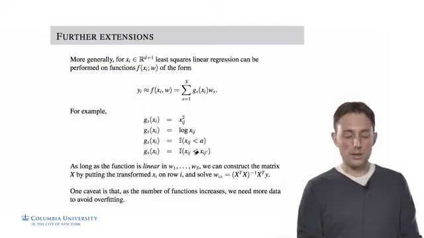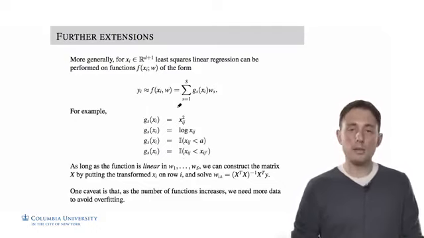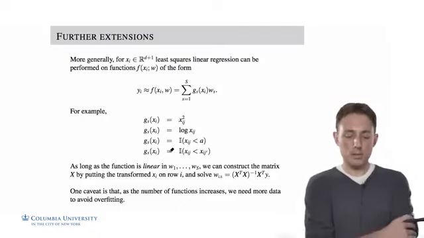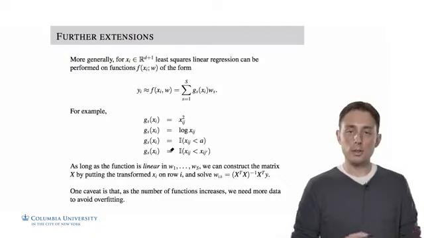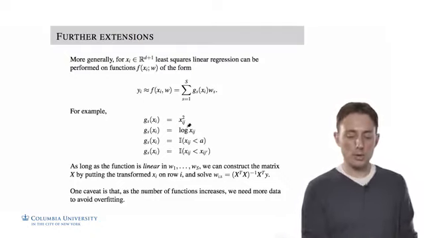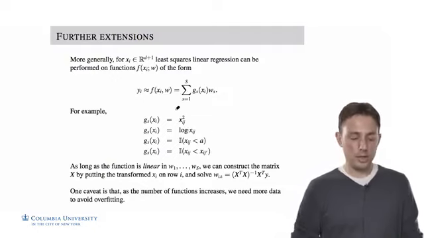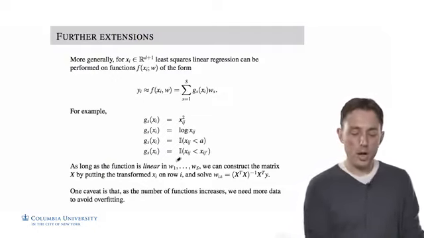So there's a wide variety of functions that we can perform. This is where domain knowledge and expertise would come into play, where you believe that there are certain relations between the dimensions of your data and the outputs. For example, you don't think that it should be linear in the input, you think it should be logarithmic in the input. So you can perform any function that you can define, and as long as it's linear in